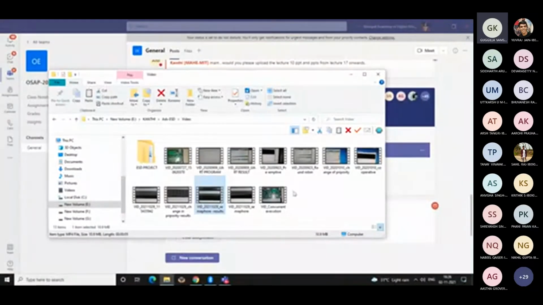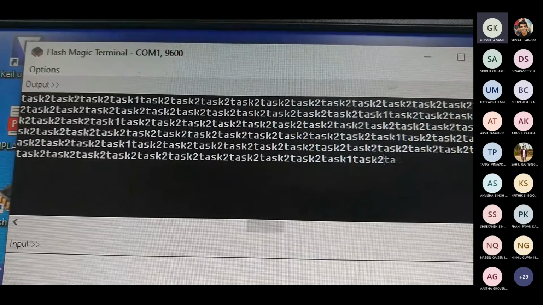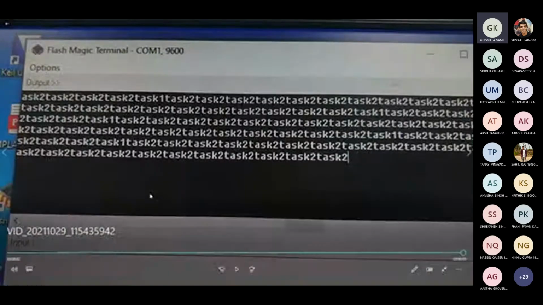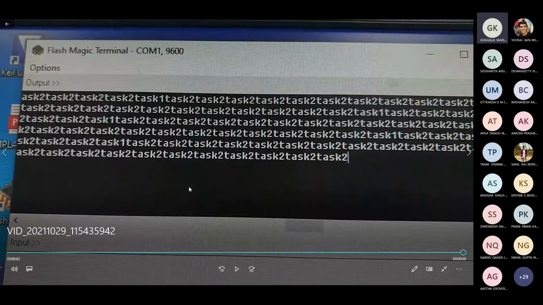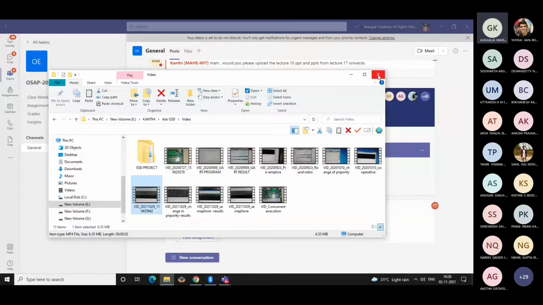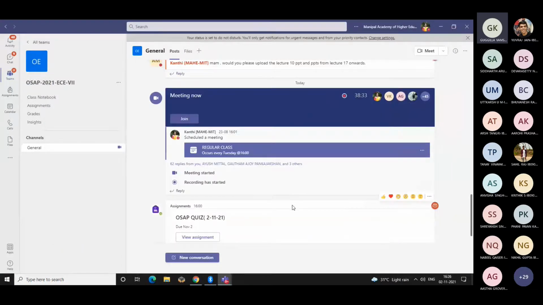This is a change in priority. Sometimes you may feel that in this case, it is continued in task 2 itself. Maybe the delay that we have put is making task 2 continue in the loop.